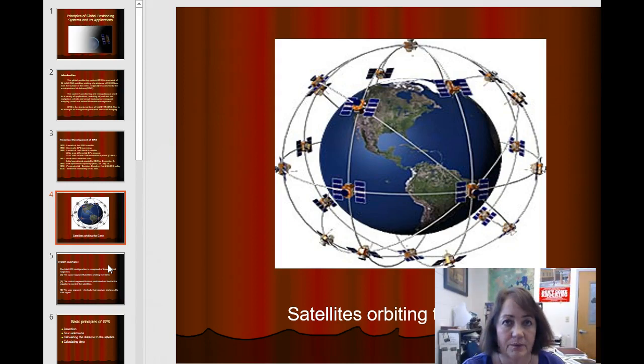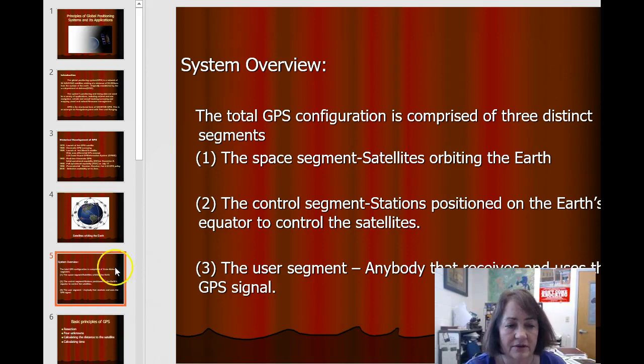The processor and the system that allows you to get to survey quality data is quite a bit more expensive. The satellite data is the same, but what your receiver can do with it varies greatly depending on the quality of your receiver. So the system overview: the total GPS configuration is comprised of 3 different segments: